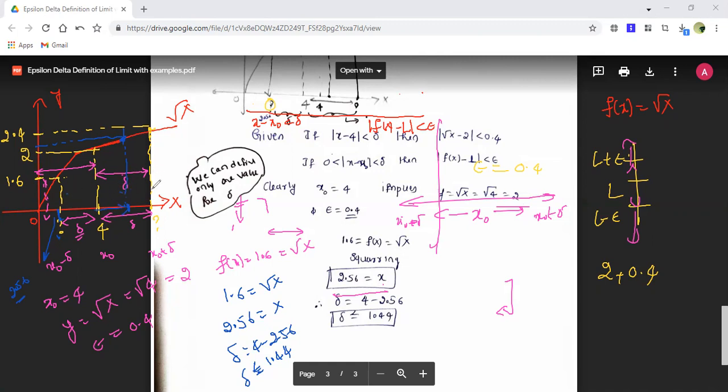It cannot go beyond this. So though it has shown here, it will not take these values. So it will take only between these values. Okay, that is 1.44 means 5.44 up to here. Okay, up to here and up to here. Only this x naught minus delta and x naught plus delta. Your delta will be fluctuating between this, whereas your function will be fluctuating between this point to here. You can see this blue mark what you are seeing. So from here to here, there is a fluctuation. So this is the meaning of the epsilon and delta limit function, guys. So this is how we can solve the examples also, and this is how we have to understand the graphical meaning